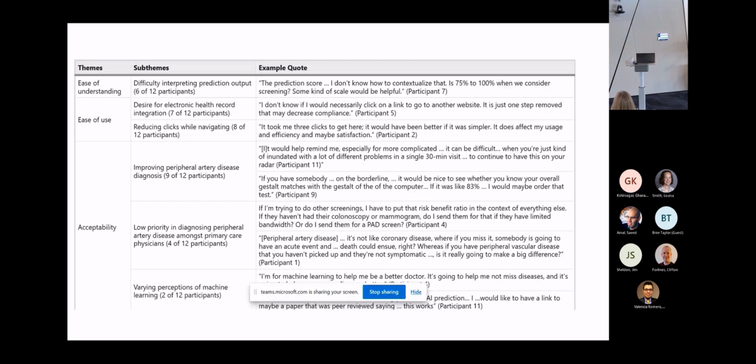And then we had 2 out of 12 who didn't believe that much in machine learning. The rest believed that machine learning and AI would help in their process of the diagnosis. Yeah, so that's it. I tried